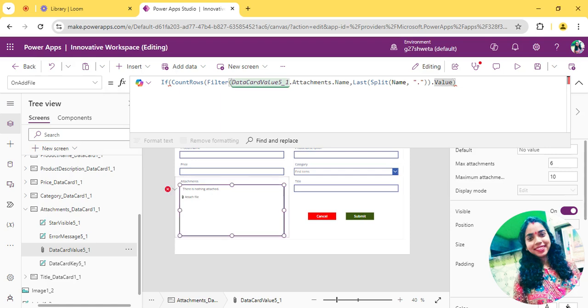And for the value, if you want XLS or PDF, accordingly you can get. Here I am using PDF.